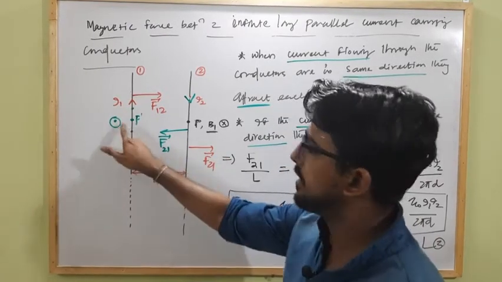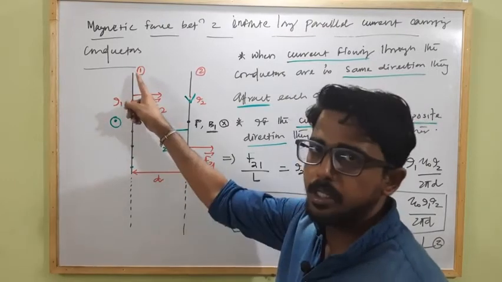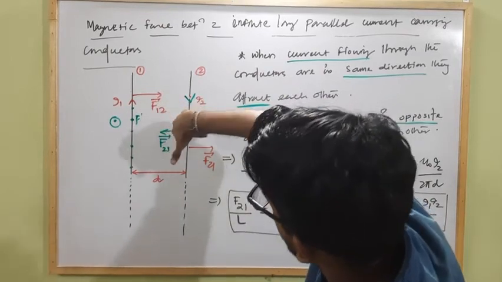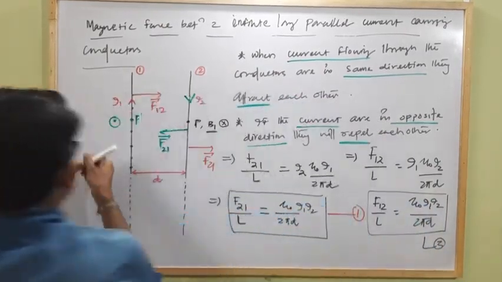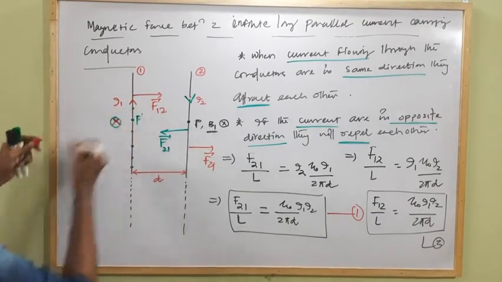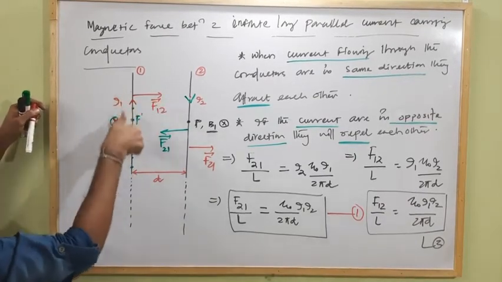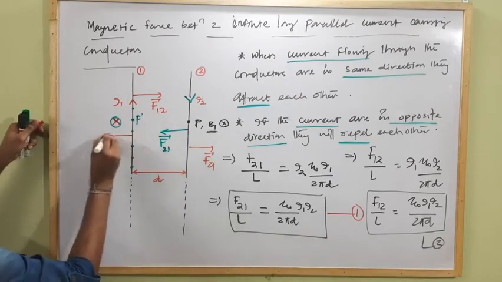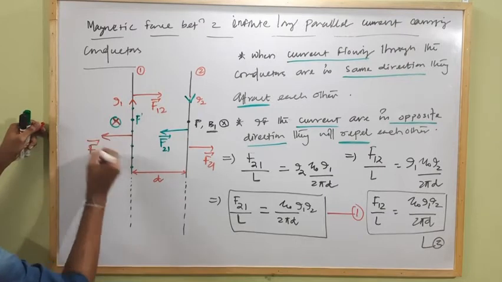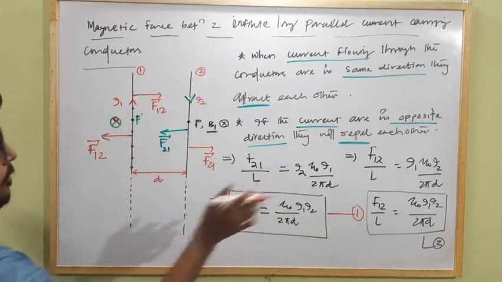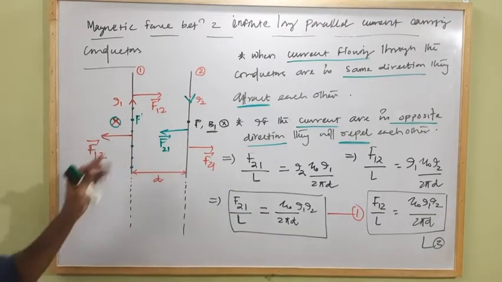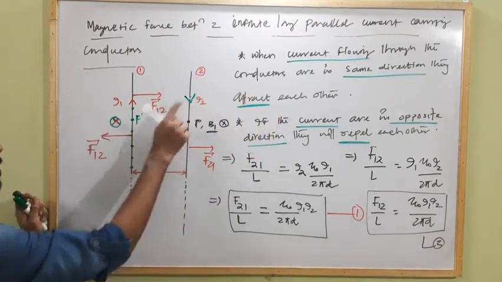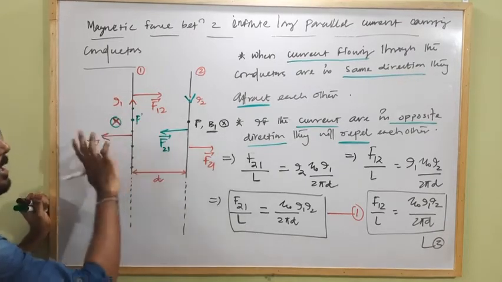and at this place current is flowing upward, and as current is flowing downward in the other conductor, at this place the direction of magnetic field will be into the plane, cross. So what is the direction of force? Current is flowing upward, magnetic field is inward, so the force acting on it will be along this direction. So these two forces will become repulsive. Clear? So when current flows in the same direction, they will attract each other, but when current flows in opposite directions or anti-parallelly, they will repel each other.